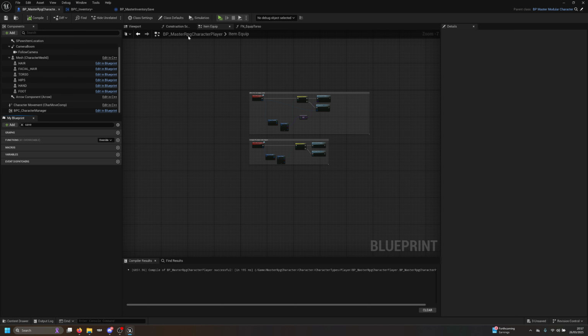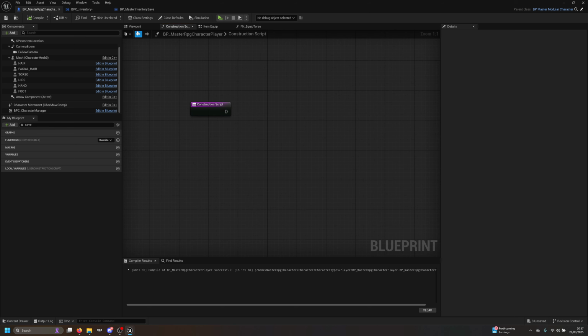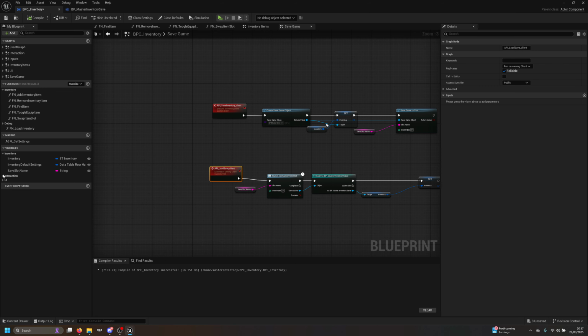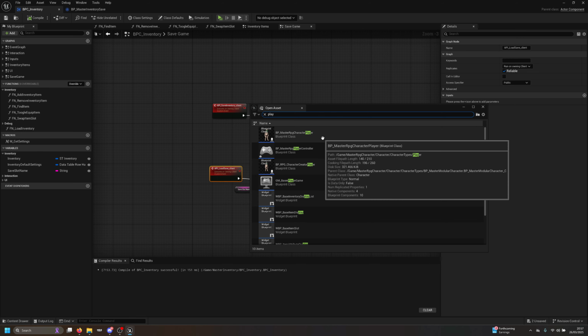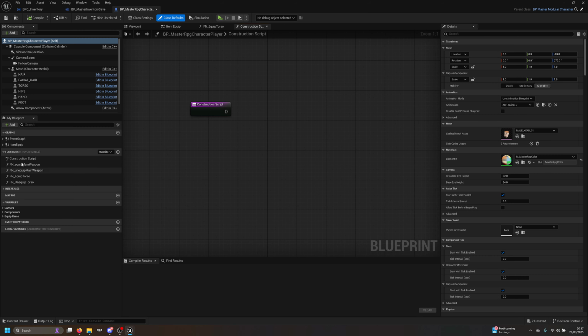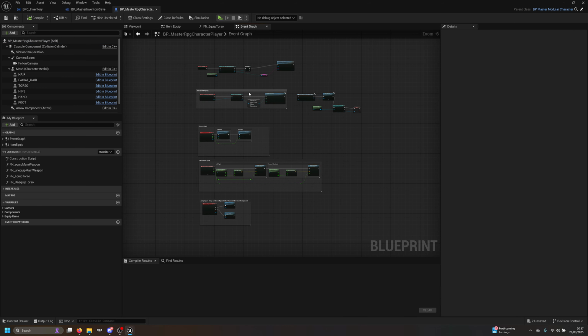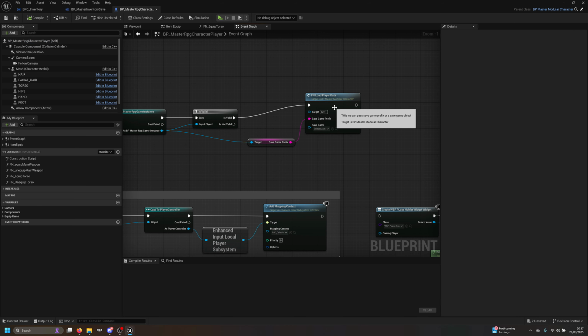Where is this? Player, inventory. No, that's the wrong one. I'm just looking for the place where we are calling the BPC master. So I think it's on the player. It was on the player, but I think we just need to. There you go. I don't know why it was hiding those events, but anyway,